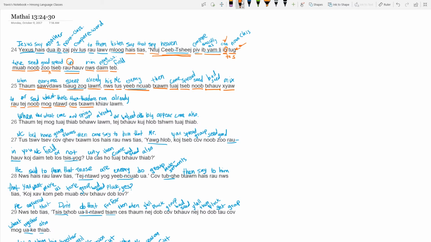So then, therefore, kia, he ran, lo. So we can't say already, he ran already or he run already. That doesn't even make sense. But if we think of it as a completed action, it means that he ran to a finish. He ran away. It would be kind of like in English saying he ran away. But the point is that when it used lao there, the point is that he ran, and he didn't get halfway out of the field. He's gone now.